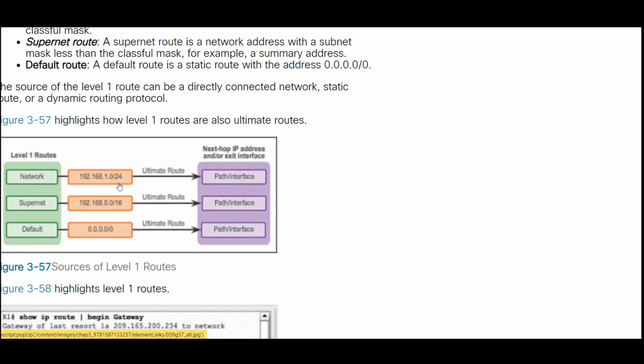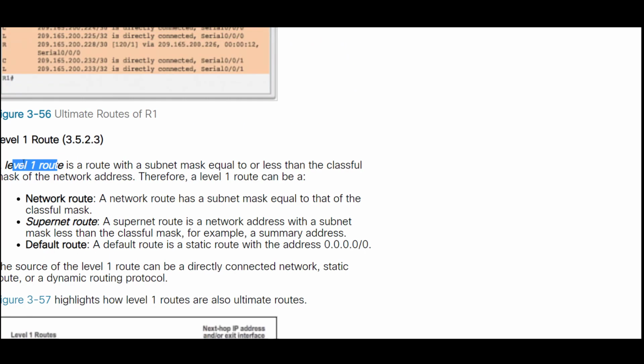So actually it should be 24, by default it is 24. But what they did, they reduced 2. 2 bits got reduced here. Okay, that means they reduced it to 22 bits, so this is also level 1. Then the next one is the default route. Default route 0.0.0.0 is the default route. So the default route is also considered as level 1. So these are called level 1 routes.